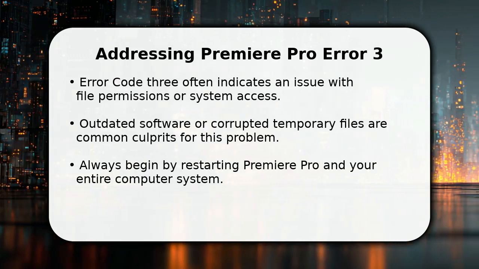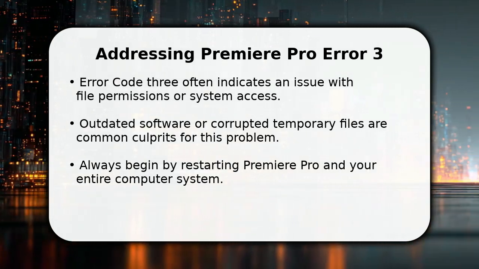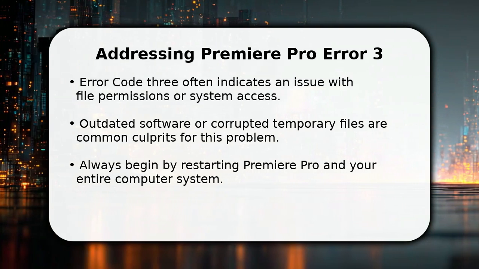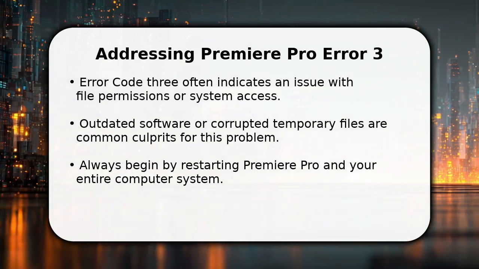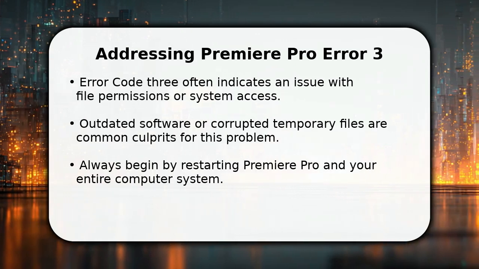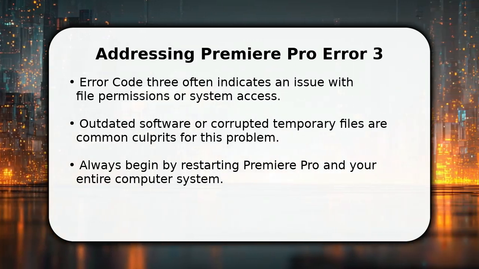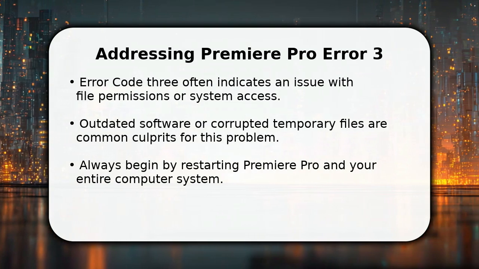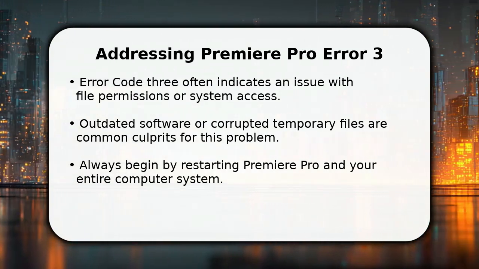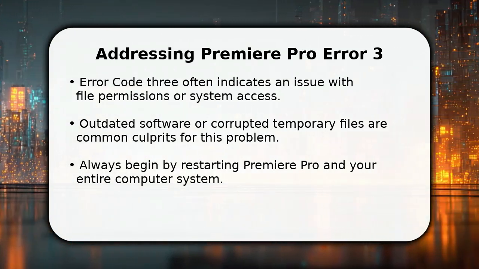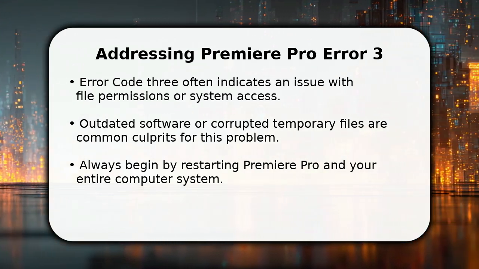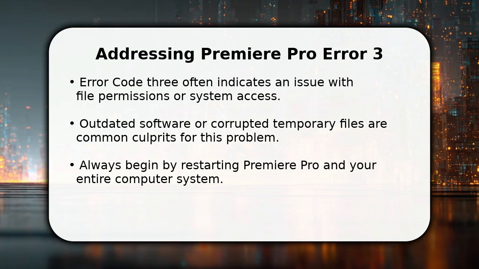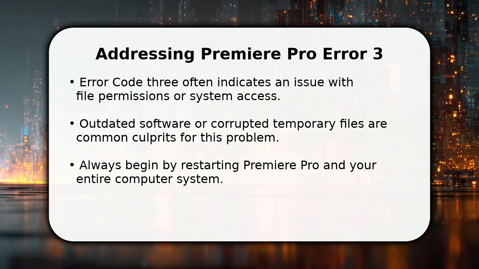In this video, I will explain how to fix error code 3 in Premiere Pro, starting with the simplest solutions. Many times, this specific error points to a temporary glitch, possibly with system access or file permissions, preventing proper operation. A quick restart of Premiere Pro, and then your entire computer system, can often resolve this initial issue. This first crucial step takes less than 2 minutes and frequently clears the error, allowing you to resume your editing